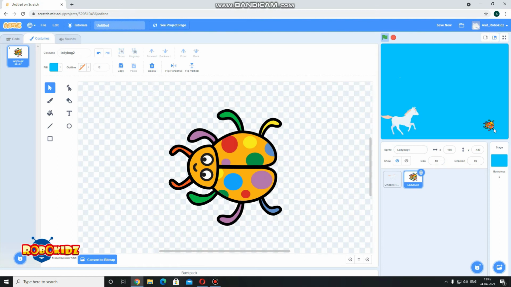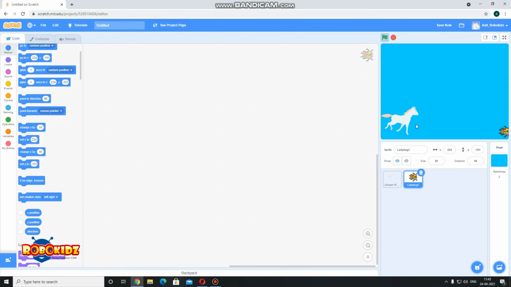So this is okay for us. Now here, whenever this sprite starts its journey, it should start from this point, so let us keep it 230 for X and 150 for Y.